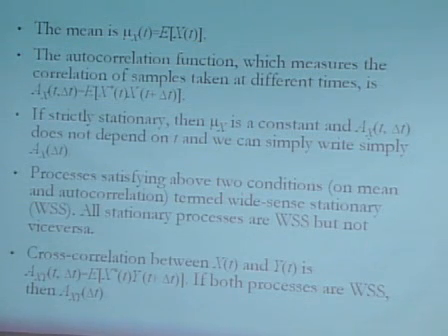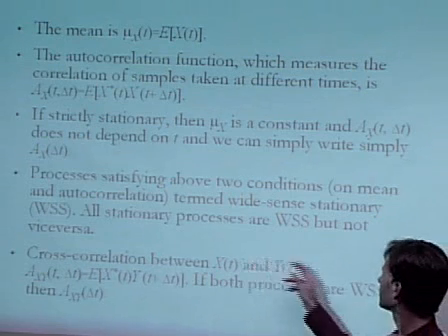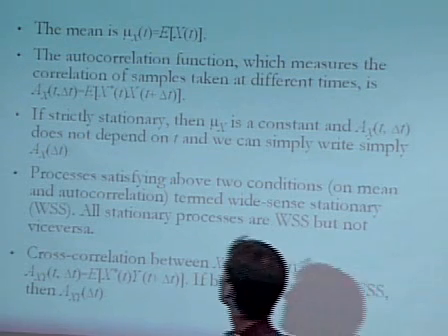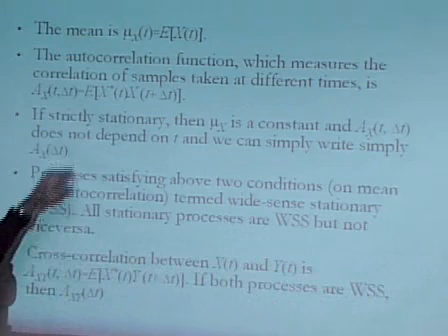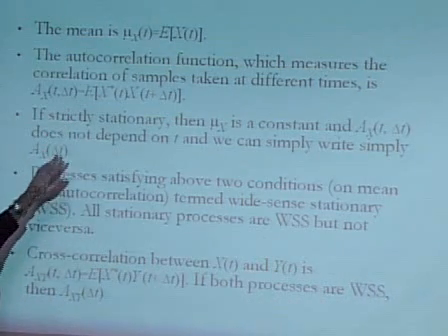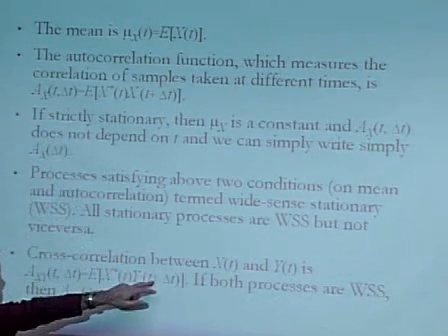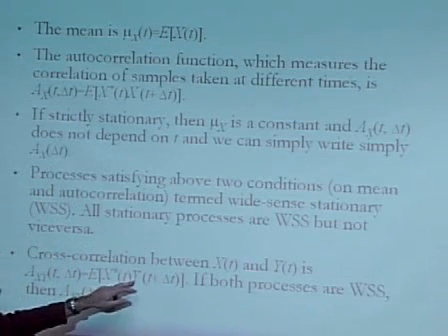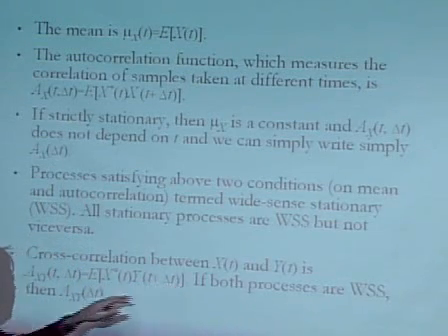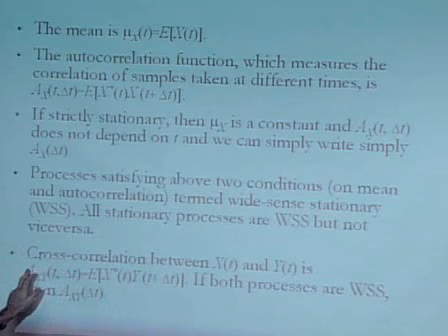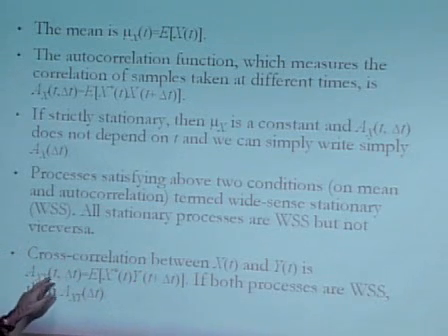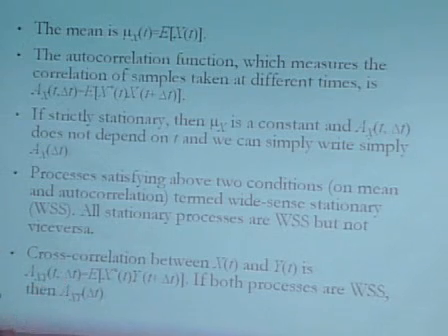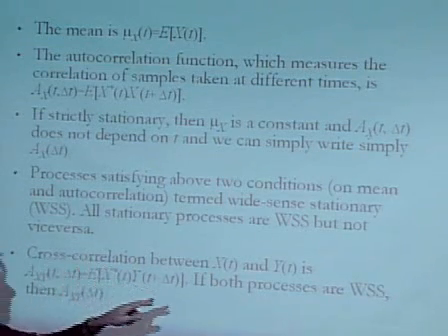Now let's say we have two processes, x of t and y of t. We can define their cross correlation, and it's essentially the same definition as the autocorrelation, except that we now use x and y. So we take x at t, conjugate it if it's complex, times y at t plus delta t, multiply and expect, and that's the cross correlation between x and y at t, delta t. Now, if both processes are wide sense stationary,